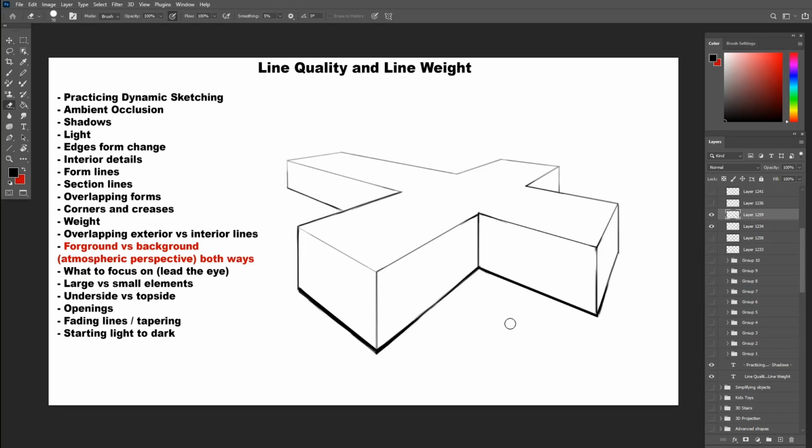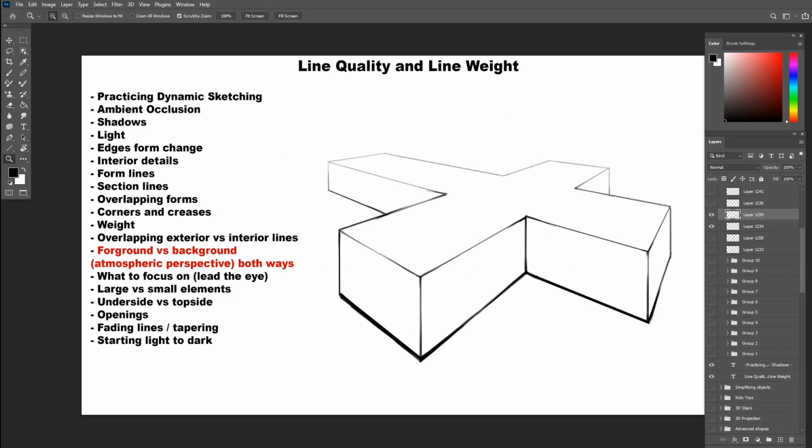With this done, we can see the differences between no line weight and with the line weight. It gives the object more character, more life, more depth, and most importantly, a very professional feel to it, that it will plant it in the environment and make it look like an actual object in real life.